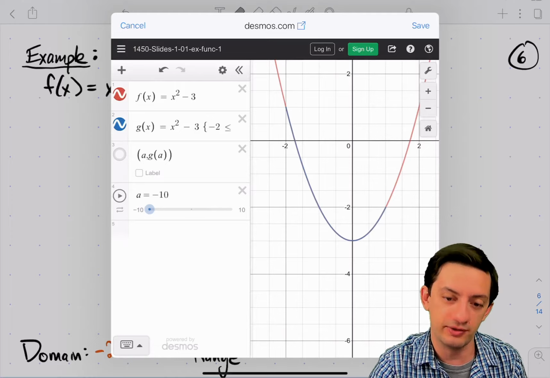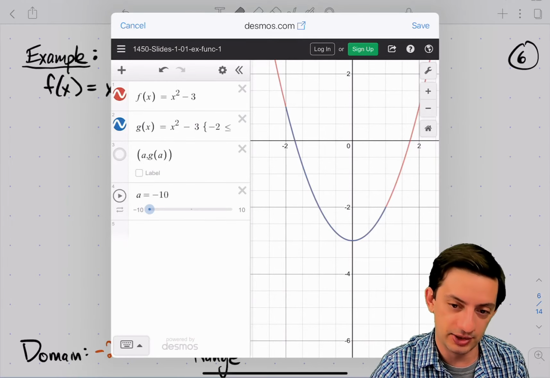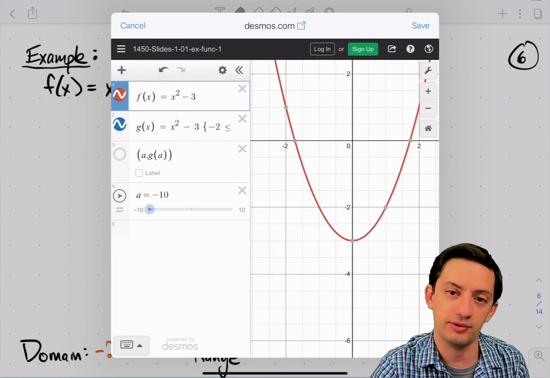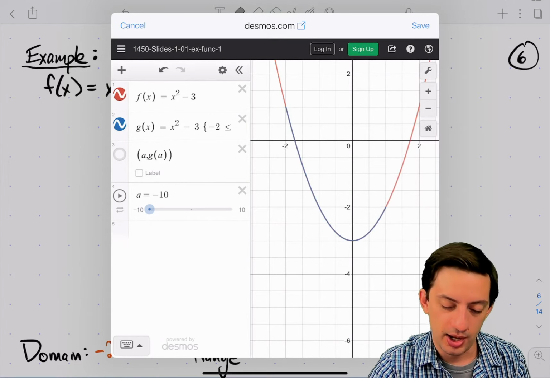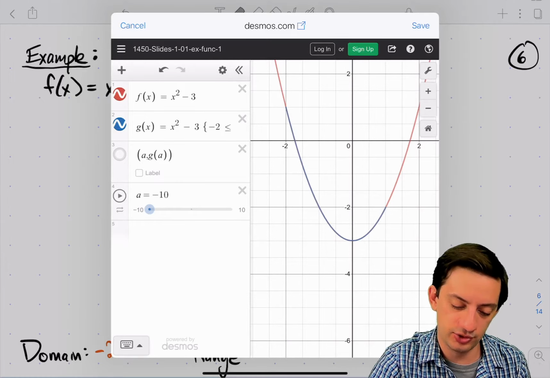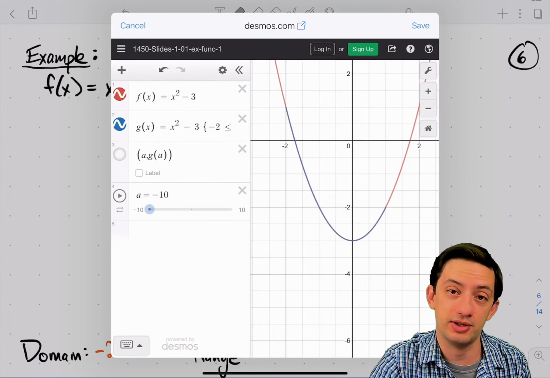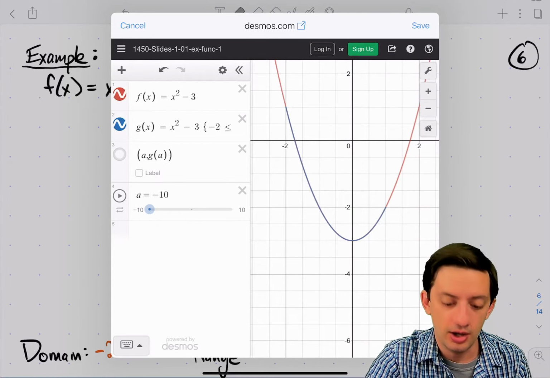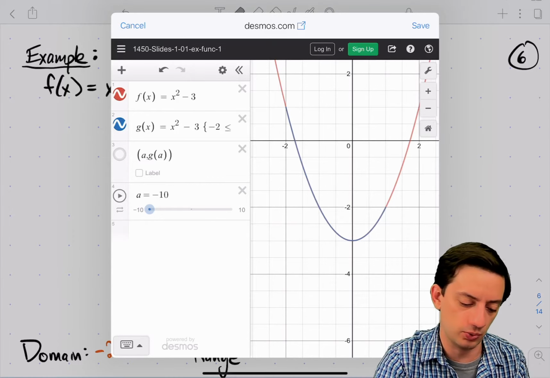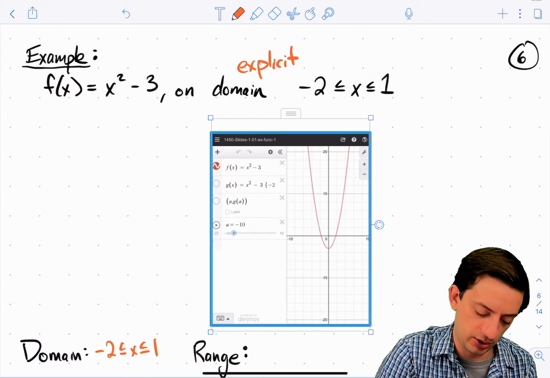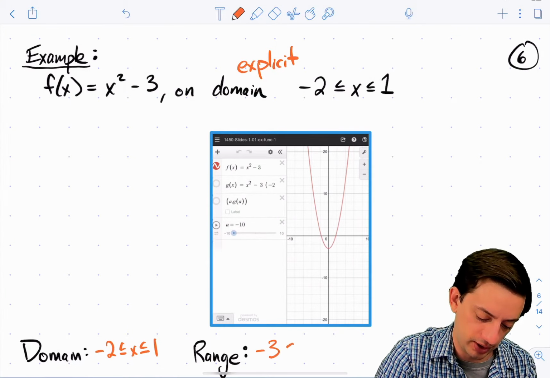Well, the smallest y value we hit is at the bottom, 0, -3. We hit -2 twice. We hit on the left and the right. As long as we hit it once, that's fine. What's the largest y value that we hit? It's 1. So the smallest is -3, the largest is 1. And that means our range here is y between -3